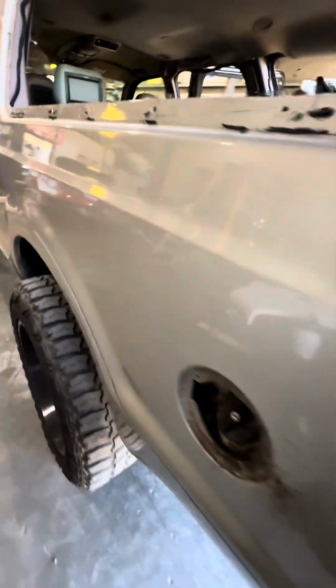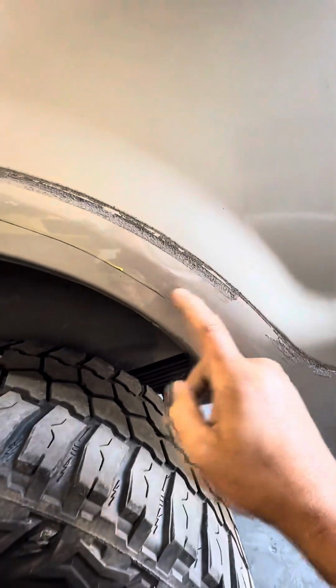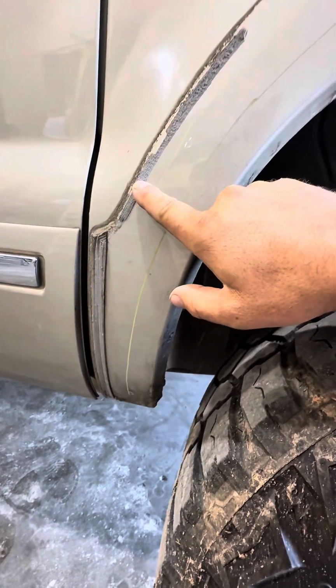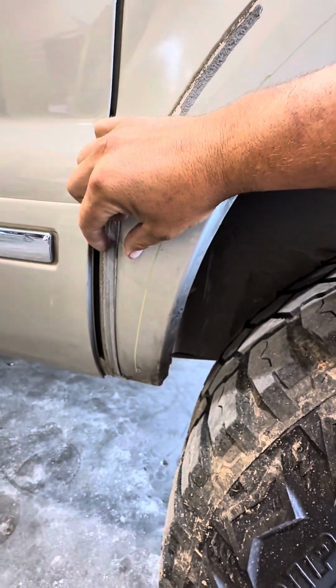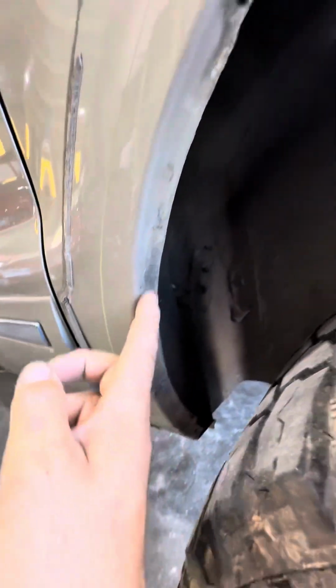And then over here, what I did is I made a mark, basically at this edge right here, this body line. Cut the outer skin layer all the way across this edge until you get to this point. This point, man, you still want to go pretty deep, but I'd say probably about 1 inch from the end, like right here, all the way down. And once you get this, you'll have to drill these